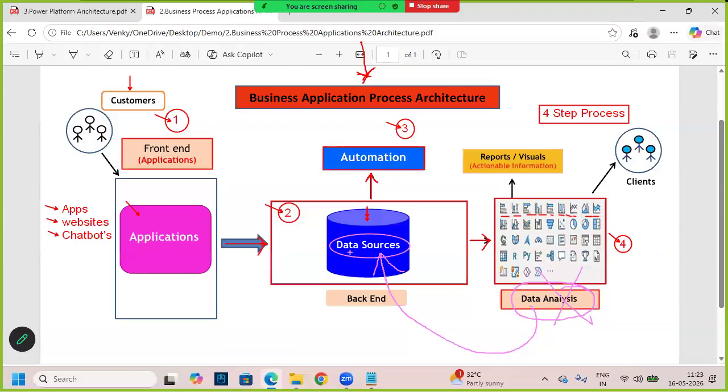So again, this data sources is depending on what? Front-end applications. And also these automations, majority of the times, depend on the data sources. This automations also depends on what? Data sources. And sometimes automations depend on the front-end applications also. So now what we understand here,